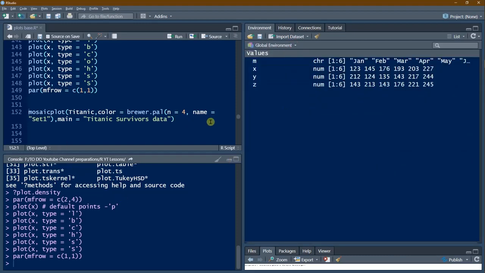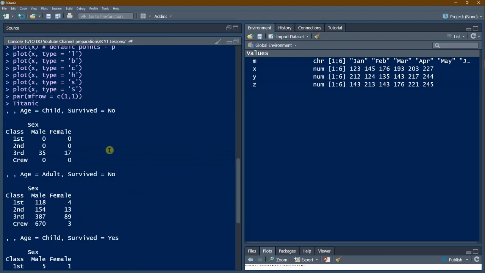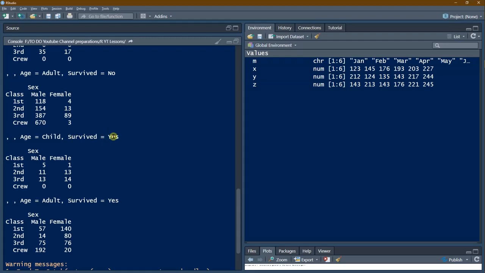We'll come to the mosaic plot, for which we'll use the Titanic dataset. The Titanic dataset is available in the form of arrays. So we can type Titanic in the console. In Titanic, we have got for first class, second class, third class and crew, in male and female, the survived people.